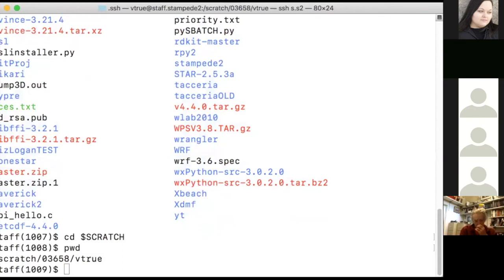Someone's asking what you should do if you don't have a good estimate of how long your job will take to run. A good idea is to pick a small version of your job first.